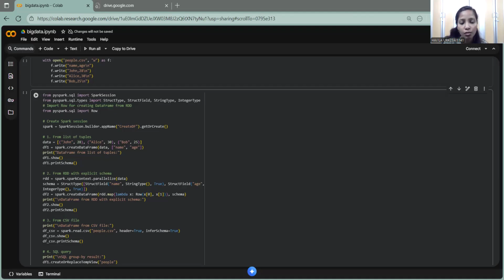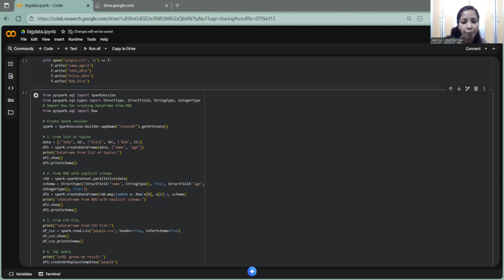a convenience class used to create row objects when converting RDDs into data frames. Then SparkSession.builder creates a builder for a Spark session, and then with .appName, it will set the name shown for the Spark application, which is useful in the UI and logs. .getOrCreate either returns an existing Spark session or creates a new one. After this it will handle Spark functionality like the DataFrame API, SQL, and the underlying SparkContext,